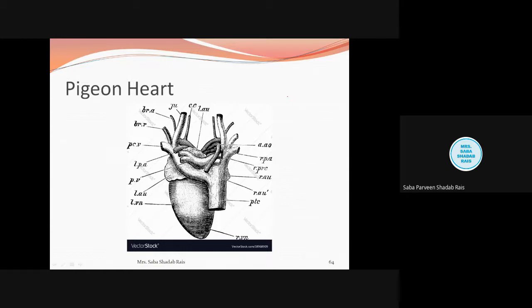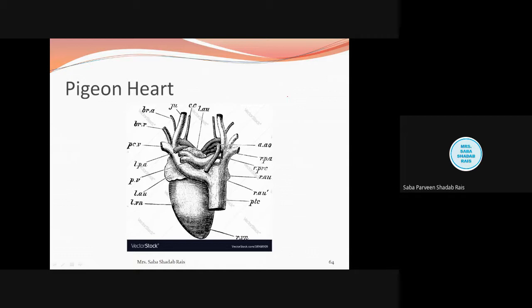But now the outer, or you can say the upper part, which is the base, or which is broader, will have the auricle. These auricles have the auriculoventricular groove, meaning a sulcus kind, and it separates the auricle from the ventricle. So this way, inside definitely the separation is there, because this is the four chambered heart.